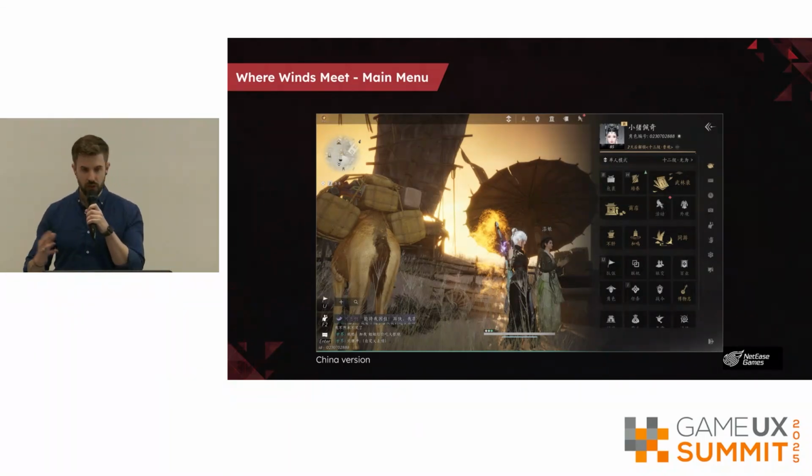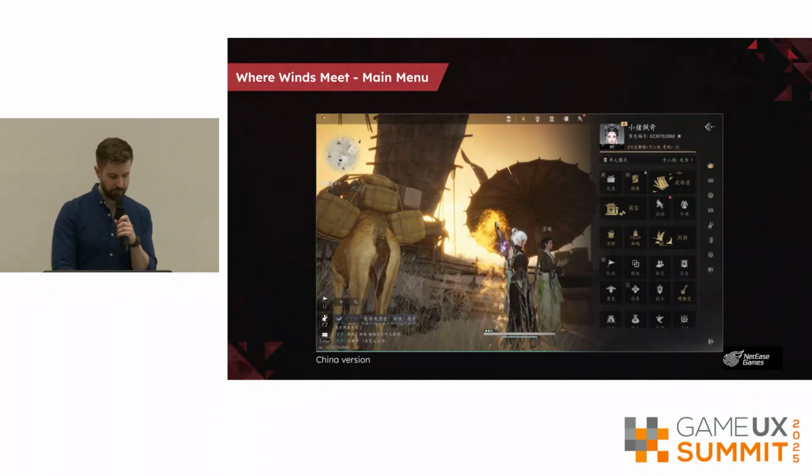we did card sorting exercises internally and externally, built new taxonomies, and reduced a lot of the redundant entry points. It's super common in Chinese interfaces, and you might see a few icons that are the same throughout, to have multiple entry points for the same feature. So once we resolved some of these issues, we prototyped all the different layouts and groupings and tested them with players, with surveys and voting and so on.